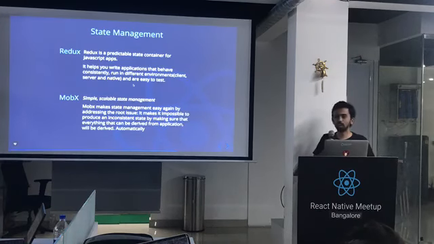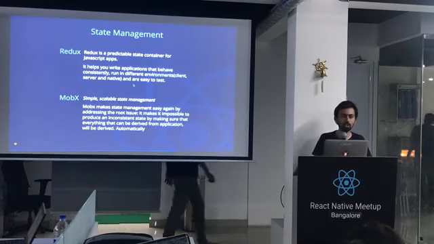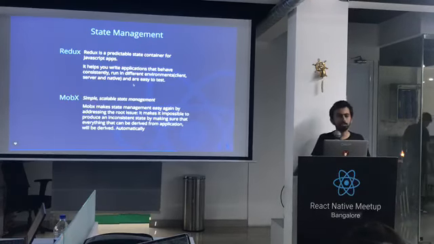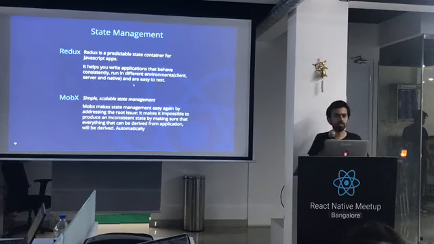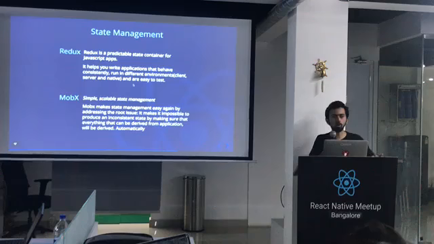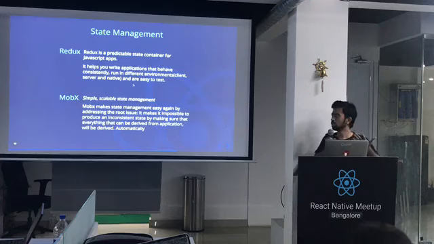But let's say your app gets pretty complex and there is a lot of data and a lot of components. Sometimes you need to share state between multiple components, and sometimes one component wants to mutate the state of another component. The state management libraries come into the picture then.